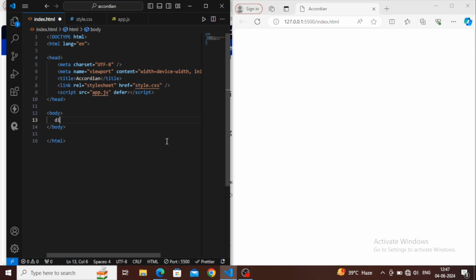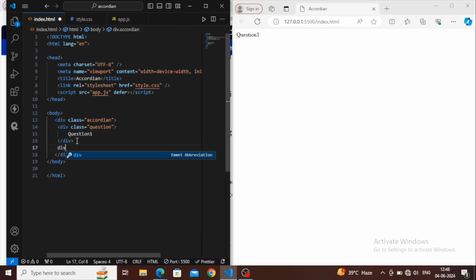Firstly we will take a div named accordion, inside which everything will be there. After this div, let's take a div named question. In frequently asked questions, there will be questions and there will be the answers to those questions. So in this div we will write the question. I'm taking only one thing, like question number 1. You can change this content later on, but for now I am taking it like this.